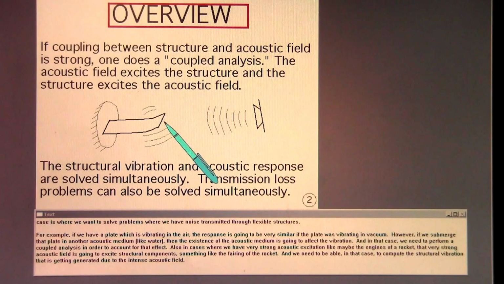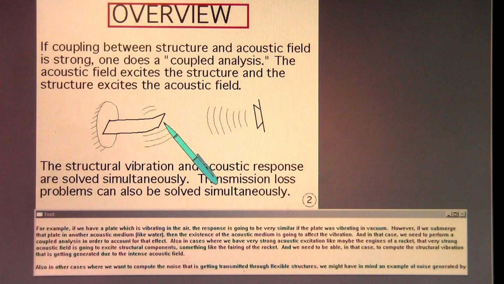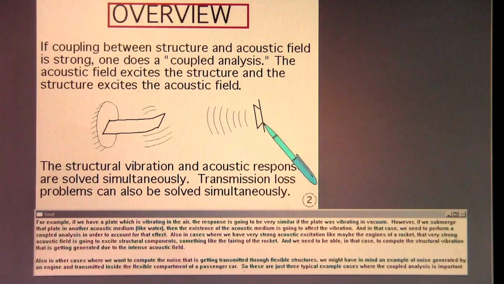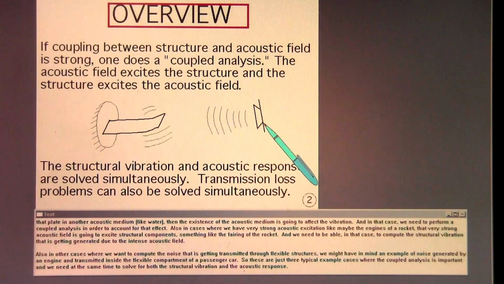However, if we submerge that plate in another acoustic medium like water, then the existence of the acoustic medium is going to affect the vibration, and in that case we need to perform a coupled analysis in order to account for that effect. Also, in cases where we have very strong acoustic excitation, like maybe the engines of a rocket, that very strong acoustic field is going to excite structural components, something like the fairing of the rocket, and we need to be able, in that case, to compute the structural vibration that is getting generated due to the intense